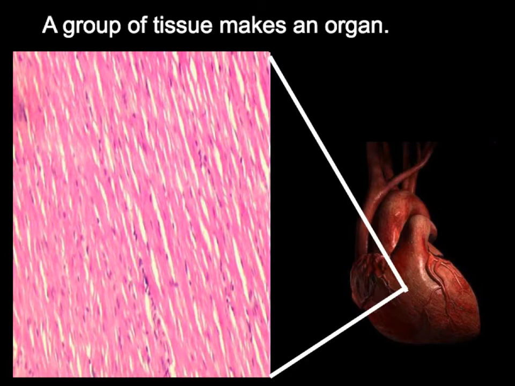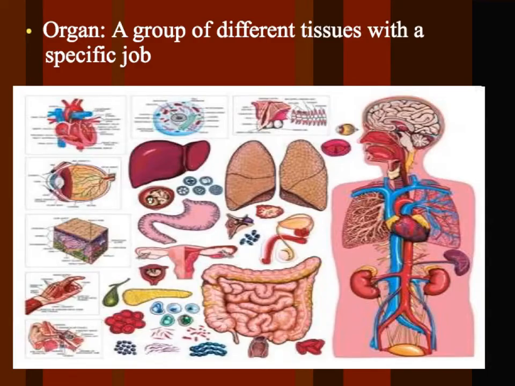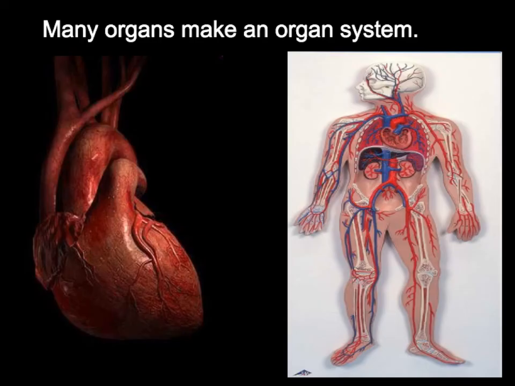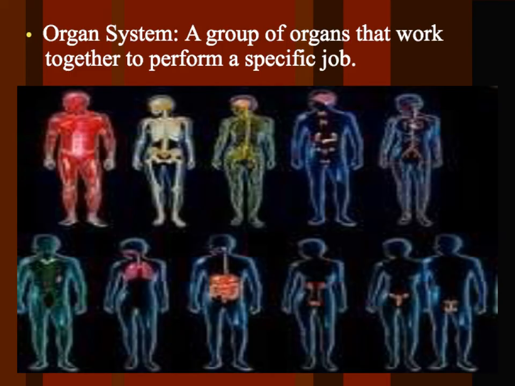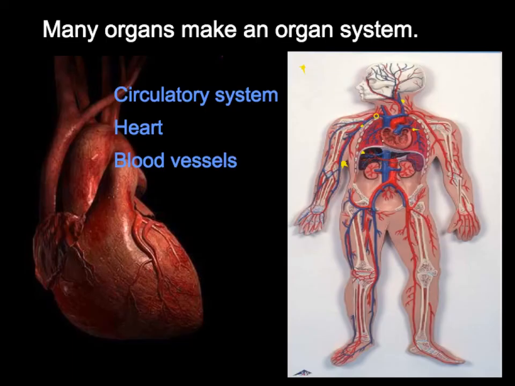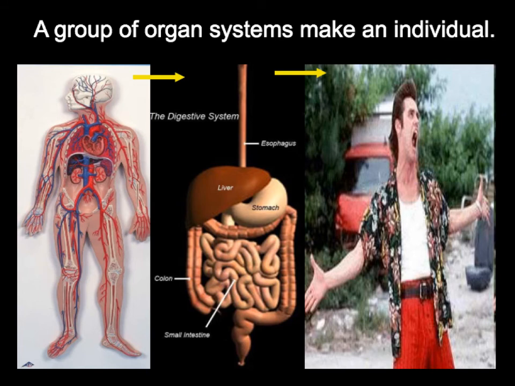spinal cord. A group of tissue makes an organ. You see all kinds of different organs here, but an organ is a group of tissues with a specific job. And these many organs are going to make up an organ system. We do have 11 systems within our bodies. Organs make up the organ systems. In the case of your circulatory, you've got your heart and your blood vessels. A group of organ systems make up that individual. He would have, and any of us have, our digestive system, our reproductive system, our circulatory system, our endocrine system,